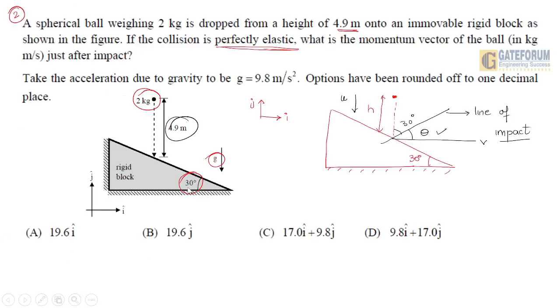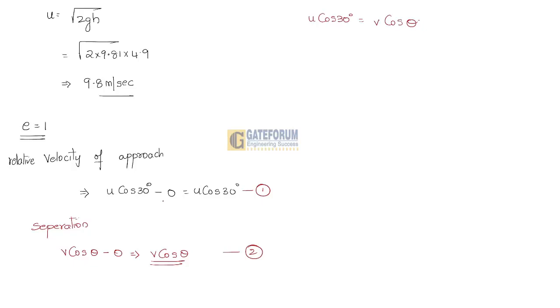Now, approach is fine. Then what about the separation after the impact? When we are talking about separation after the impact, you will get V cos theta minus 0, which will be V cos theta, right? So this is equation number 1. This will be equation number 2. Equated, U cos 30 degrees is equal to V cos theta, right? So from equations 1 and 2,